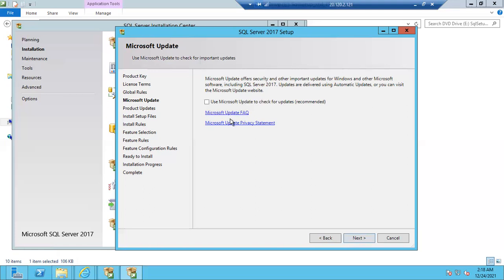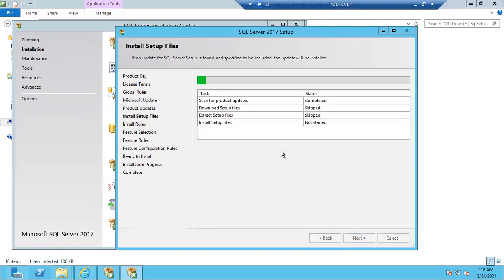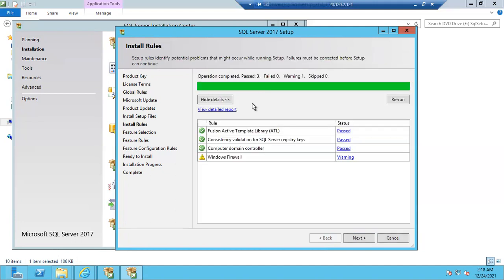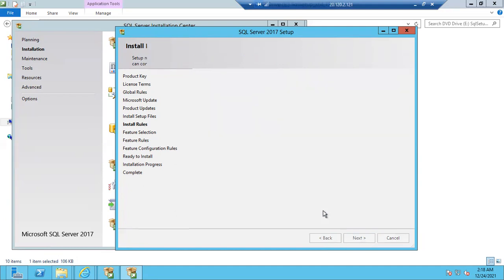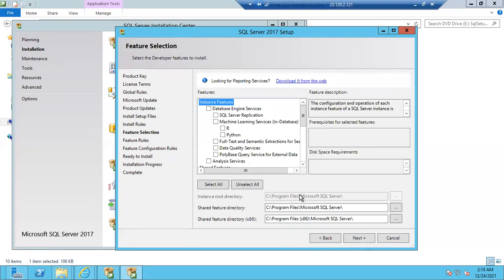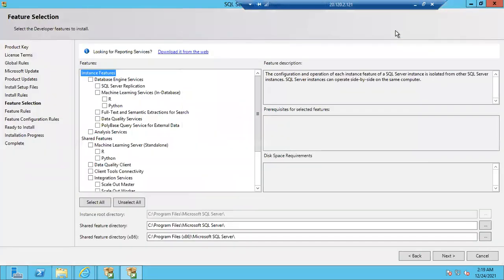Okay, so these are the Microsoft updates. No need to select anything here. You can simply go next. Right, it is going to install some support files. Once the support files are installed, then it will go to next. Again, some more checks. You can go to next. Right, tell me guys, now what all components do I have to choose? Fastest fingers first. Direct answer to me.